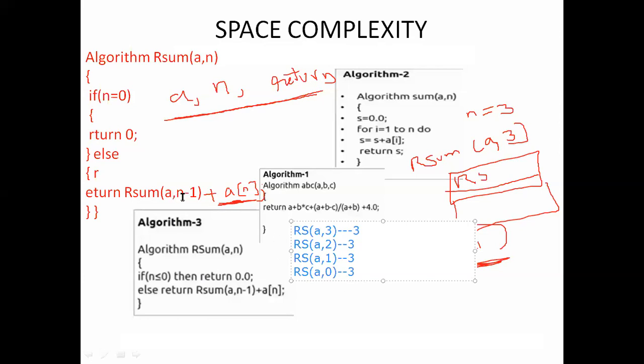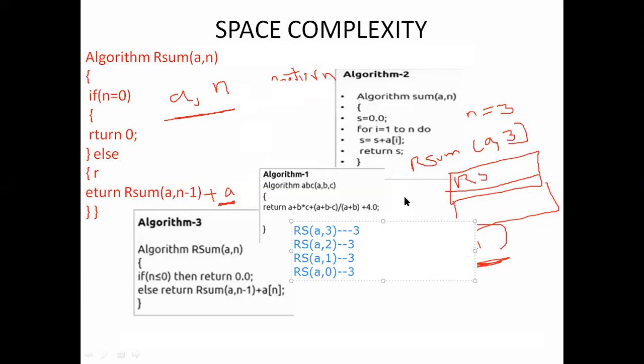But here, even if we allocate n value 10 or 20, a and n are constant. That's why we are not considering r of sum of a of n minus 1, because the size is 2 bytes for a and 2 bytes for n. If you take any value, the size is fixed. The size will not change.